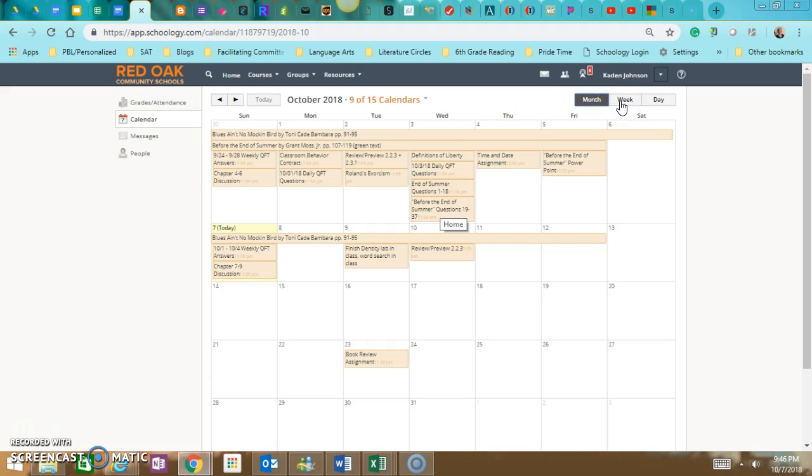Just know that more than likely, if you're looking at the month, more and more assignments will populate as you go through the weeks. And these are all of your calendar features that you can start utilizing if you are